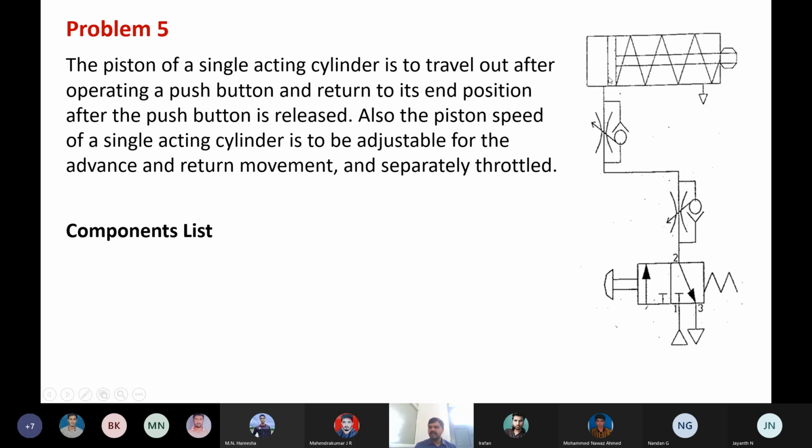If there is no pressure acting on the piston, then because of the spring, there will be a retraction stroke. During the retraction stroke, the air collected inside the cylinder comes out of this path. Again, it cannot escape through this line. What it is going to do is come in this direction. And once again, air can escape through this path